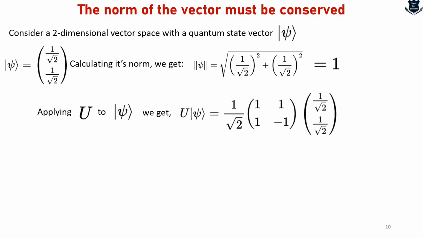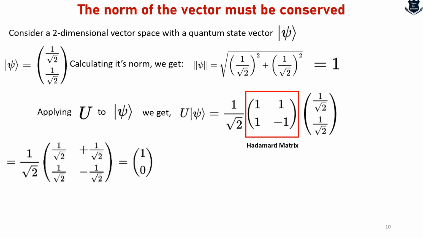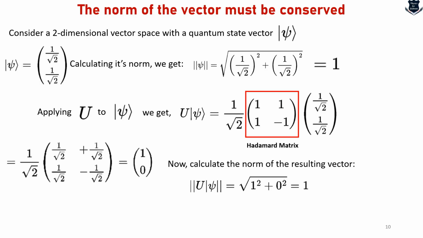As you can understand from this equation, this part which I just highlighted in red, this box, is what is called a Hadamard matrix. We are going to explore the Hadamard matrix in this video also, which is a common unitary matrix in quantum computing. From here we get this equals 1 by square root of 2 along with the Hadamard matrix. Once we apply U, we get this, and further we can calculate the norm of the resulting vector, which, as you see, shows beautifully to be 1.